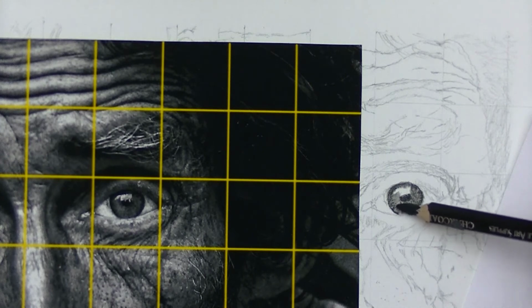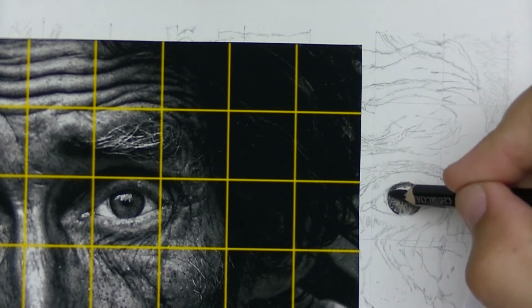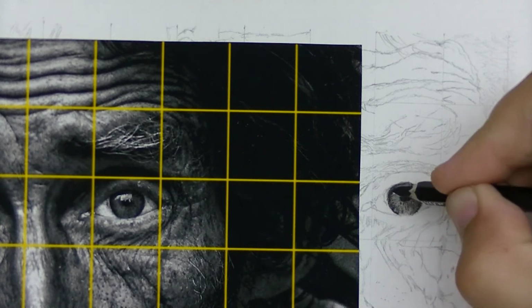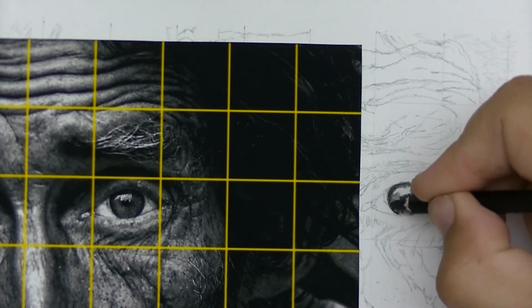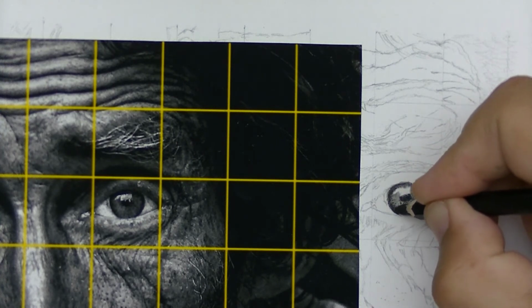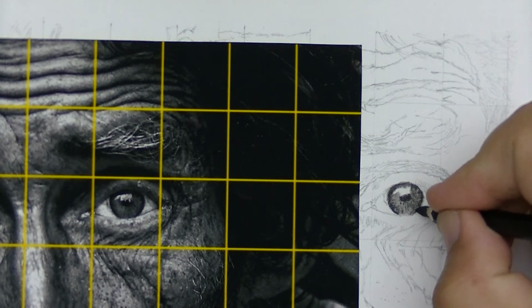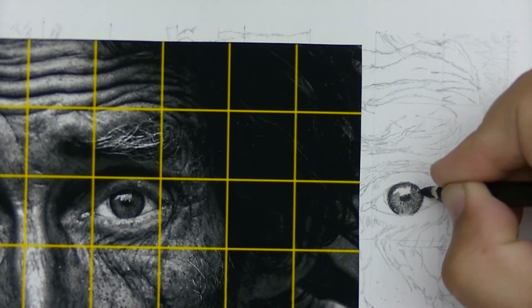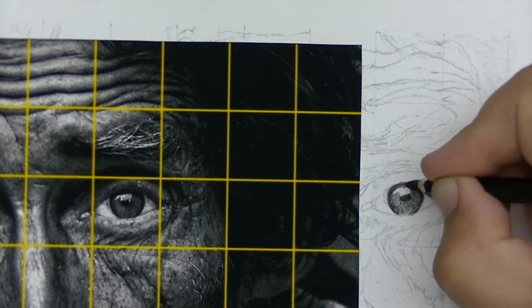Now, after I had already laid down my first layer and I blended it, you can see now that I'm taking this charcoal pencil here and I'm now adding more on top. So consider this my second layer, and also a little bit of refinement around the outside of the eye. Now, one thing that I have learned is that when you're drawing, I believe you call this the iris, the round part here, the colored part